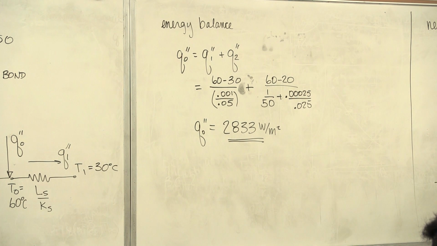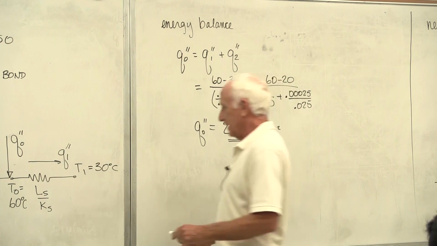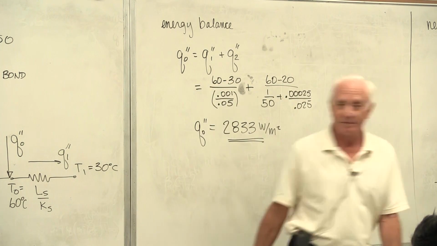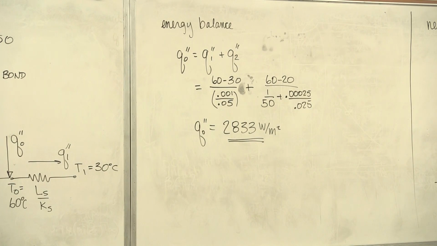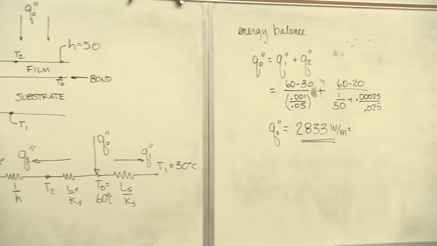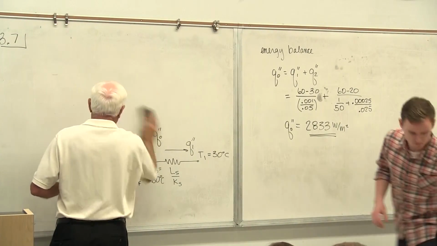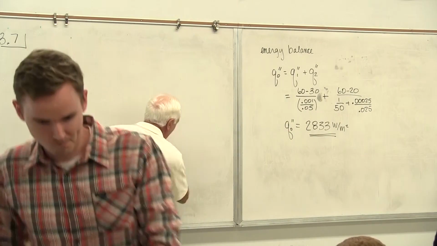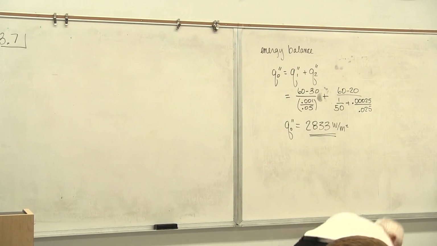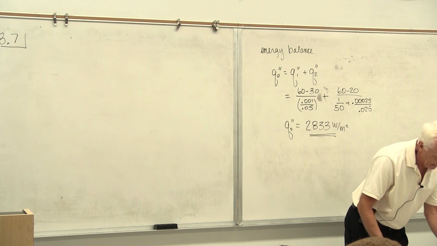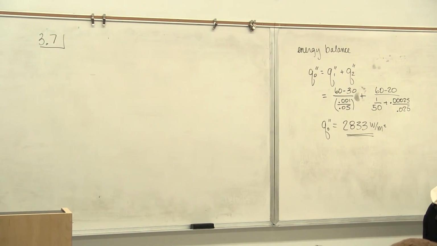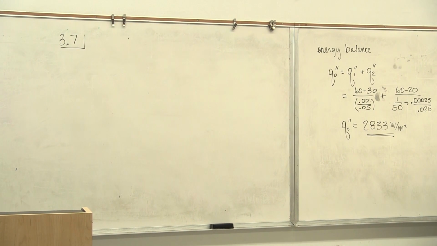One last thing. We're going to work one last problem today, and that is something which is like your refrigerator in your kitchen at home. It's 3-7, next one, 3-7. Okay, this is a refrigerator. Let's see which one we got here now. Yeah, here it is. Let's read it, 3-7.